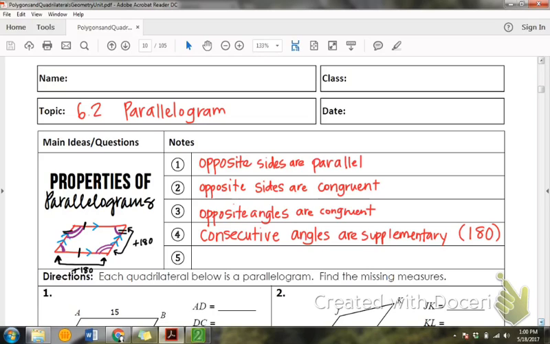And the last thing is that the diagonals, which are not drawn, but we'll draw some in a minute in a different diagram, diagonals bisect each other. Diagonals bisect each other. Okay, if your diagonals bisect each other, if we drew a parallelogram over here,